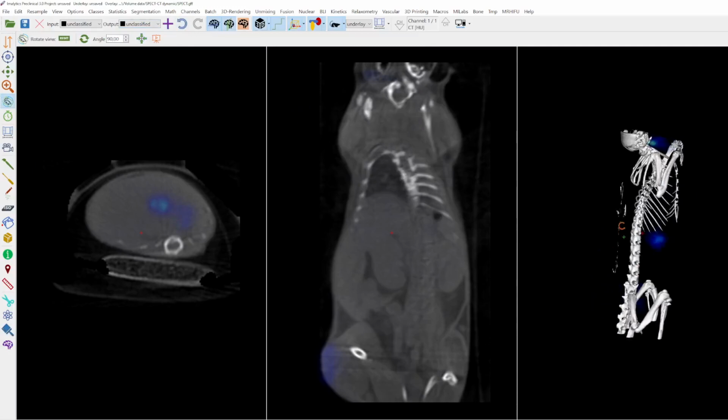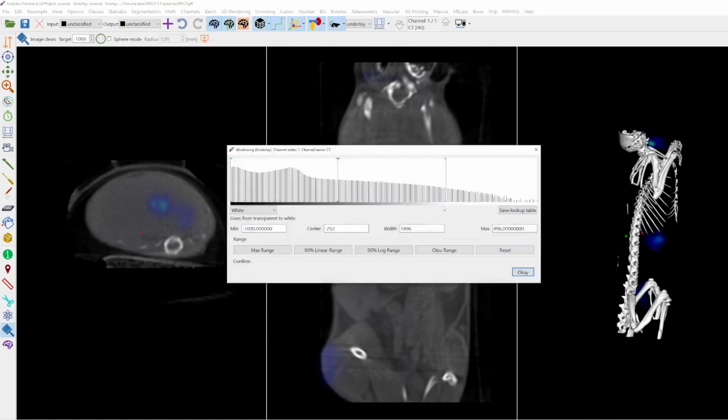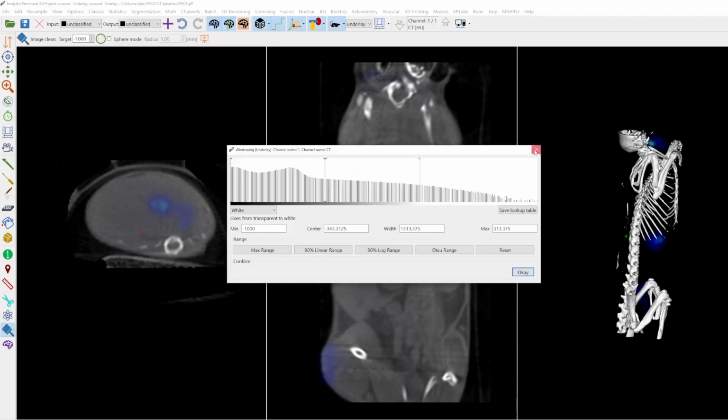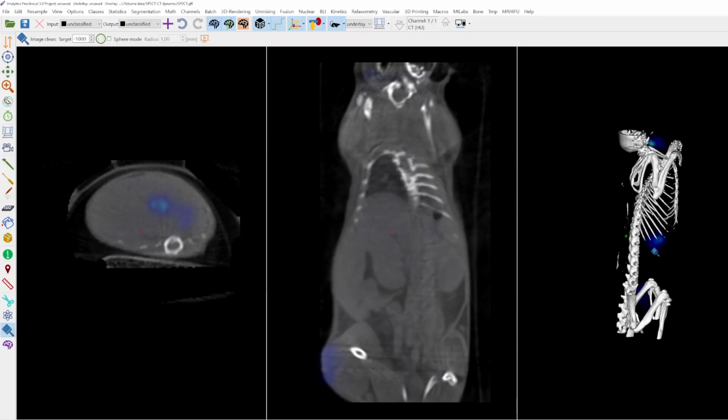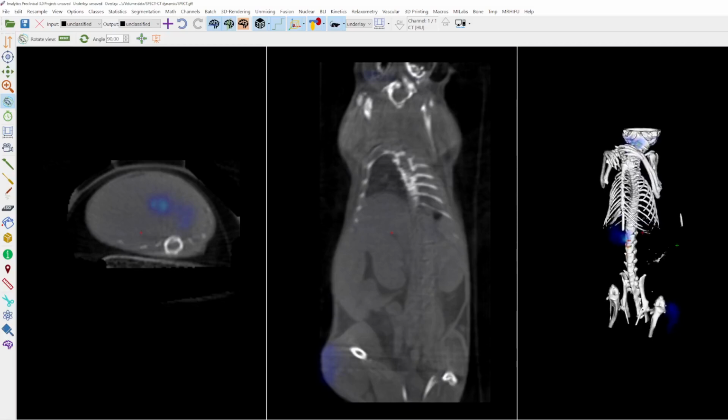I will rotate it. I can also get rid of this part on the top. I can also adjust the windowing a little bit, but I think it looks nice. And now we don't have the bed and the respirator pad in the way, so we can see the signals in the thyroid, in the stomach, and in the tumor a little bit better.